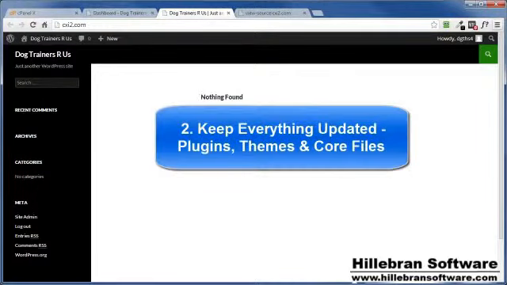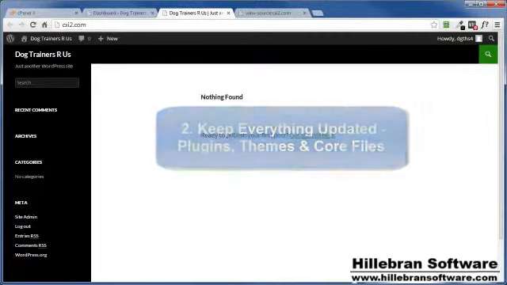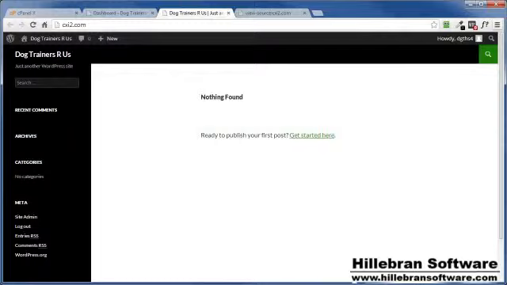Another item is to keep everything up to date. Your WordPress version, your plugins, your themes, anything related to the makings of your WordPress site, keep it as up to date as possible. Now that said, whenever a brand new full version of WordPress comes out, like a 3.8 or a 3.9 or a 4.0,